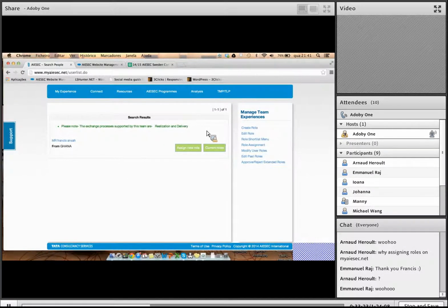We assign roles on myAIESEC.net to be able to check for the number of experiences that we are providing in terms of team member and team leader experiences. So that is one of the primary reasons why we do this. And without identifying these things or recording them on myAIESEC.net or any of our systems, we cannot track